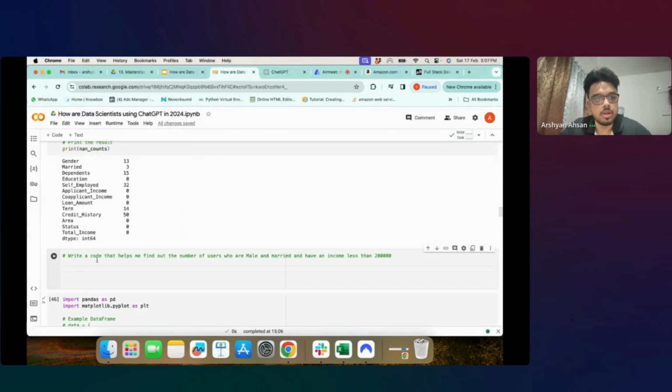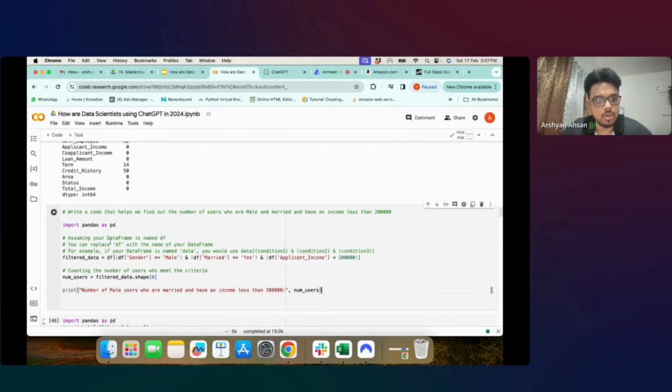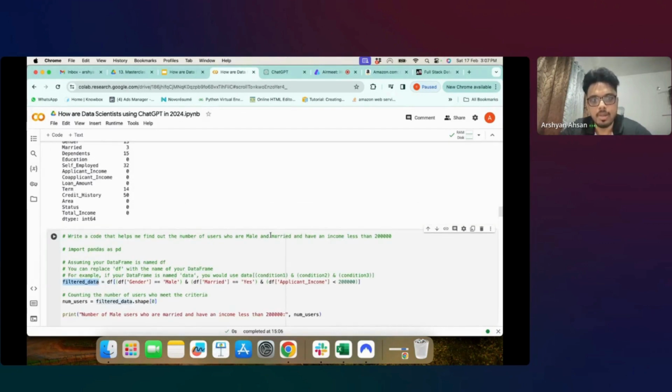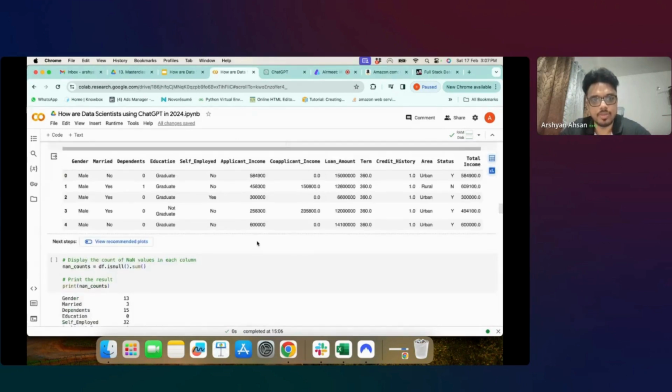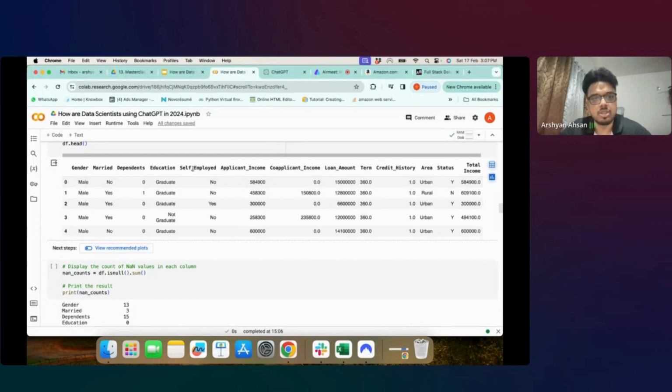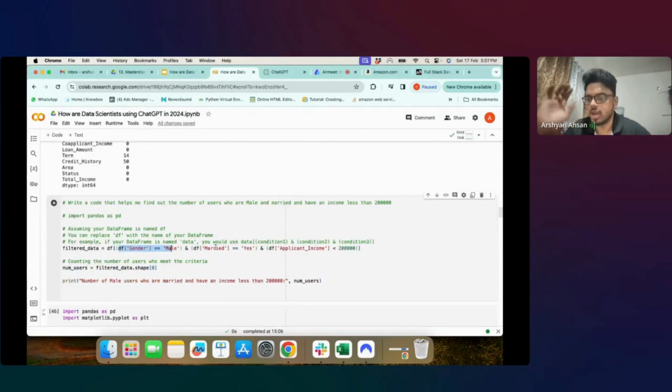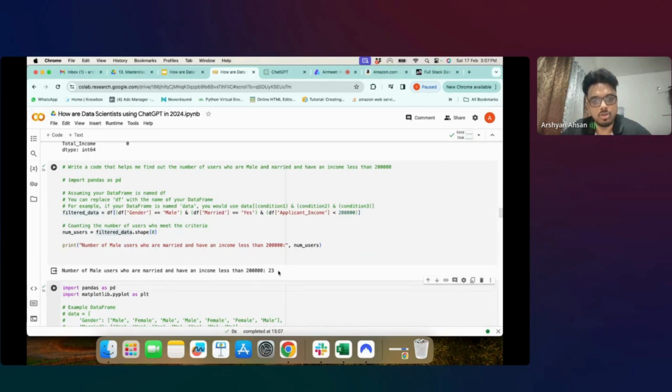इस कोड को मैं समझाता हूँ कि इसमें कर क्या रहे हैं। तो पहले मैं ये कॉपी पेस्ट कर लेता हूँ। तो उसने पांडास इंपोर्ट किया, ये हमने ऑलरेडी इंपोर्ट कर रखा है, तो मैं इसे कमेंट आउट कर देता हूँ। उसने क्या किया कि एक फिल्टर्ड डेटा करके एक वेरिएबल बनाया जिसमें उसने तीनों कंडीशंस जो मैंने बोले ऊपर, मेल, मैरिड एंड लेस देन 2 लाख, तीनों कंडीशन लगा दिए कि जेंडर इक्वल्स टू मेल, मैरिड इक्वल्स टू यस एंड एप्लीकेंट इनकम इज लेस देन 2 लाख। वेरिएबल नेम वगैरह उसने सब कुछ सेम रखा क्योंकि मैंने उसे अपने जो कॉलम्स थे उसका इंफॉर्मेशन दे रखा था। देन उसने नंबर ऑफ यूजर्स काउंट किया कि इस जो फिल्टर्ड डेटा है इसमें नंबर ऑफ रोज कितने आ रहे हैं, एंड देन इट रिटर्न्ड मी।